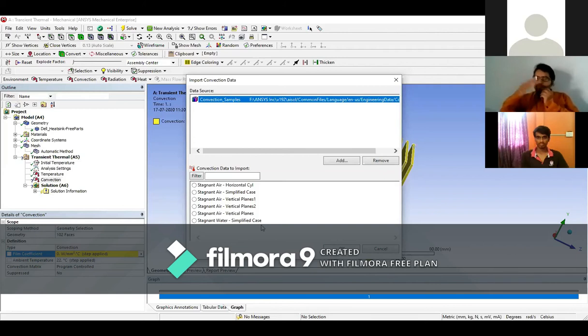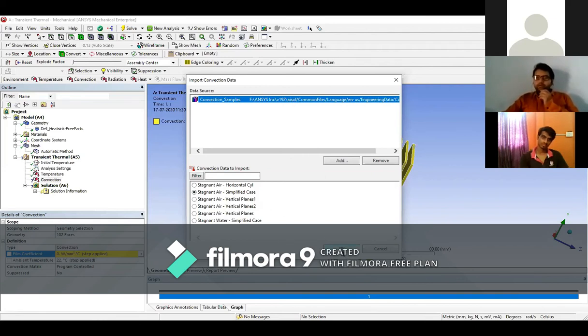Okay, so these convections data already imported in simulation software ANSYS. So we go to the stagnant air simplified case. Select the stagnant air simplified case.